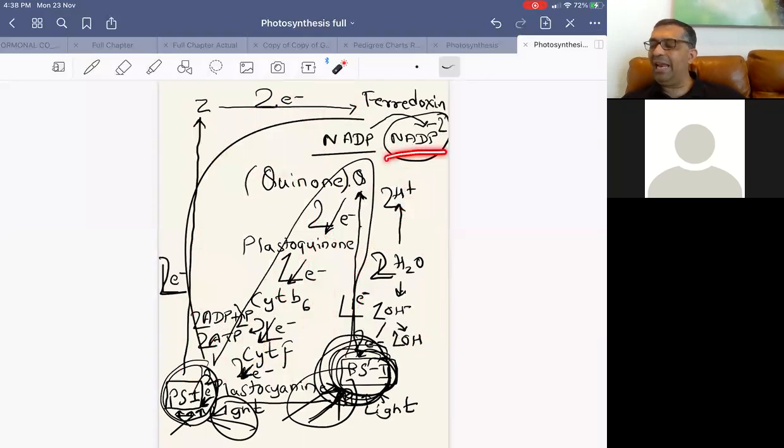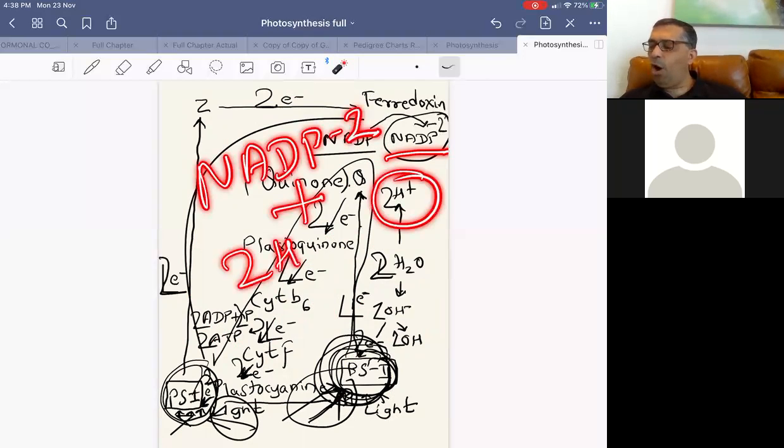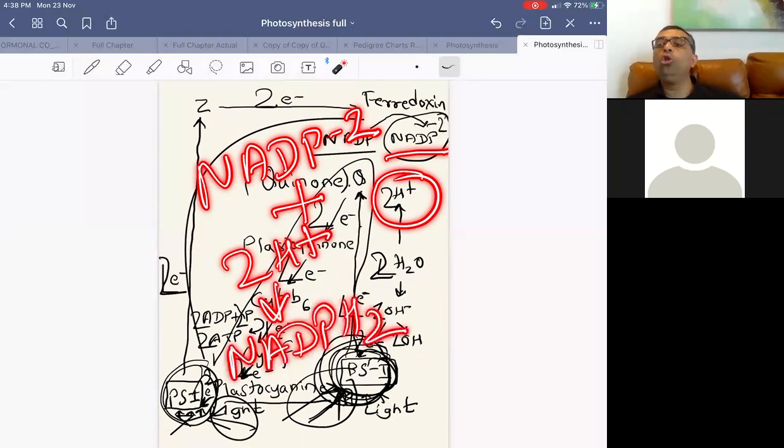So once again, NADP minus 2 plus 2H plus form NADPH2. तो दो non-cyclic process में से